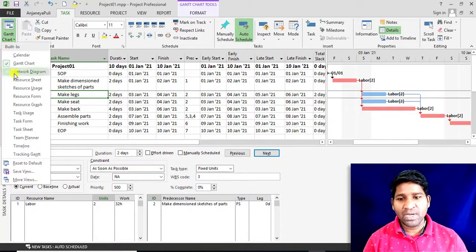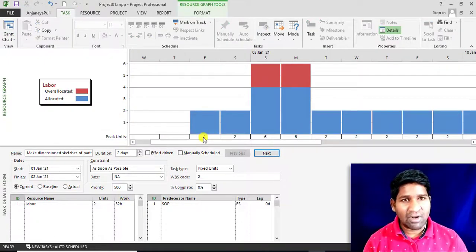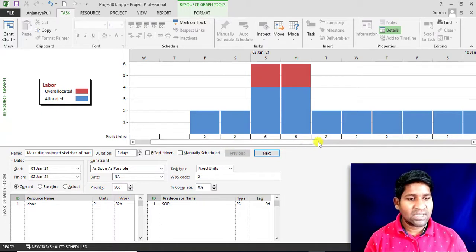For that, let me open resource graph. Here the cost is already calculated on the basis of the resources that I have assigned to a particular task. So I am not increasing these numbers. I am increasing the availability because I have a total number of resources of 4, but I need 6 resources on these 2 days. That means I have to increase the availability on these 2 days. So here up to 2nd Jan, I need not change the resources. From 3rd and 4th Jan, I have to make 6 resources available, and after 5th, again I need not change the resource availability. Here in this case, I have to only change the number of resources on 3rd and 4th.